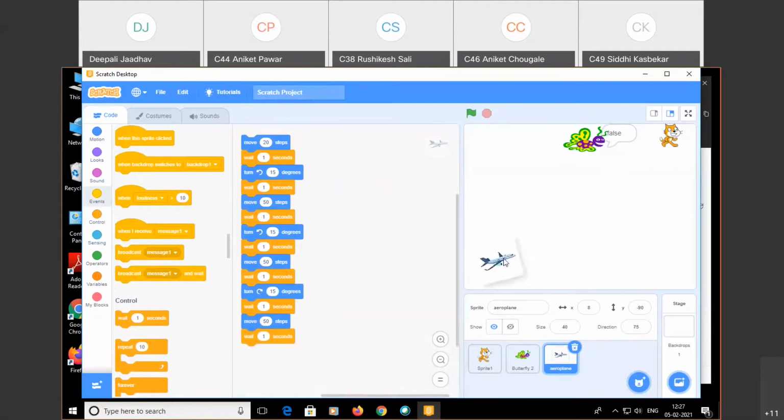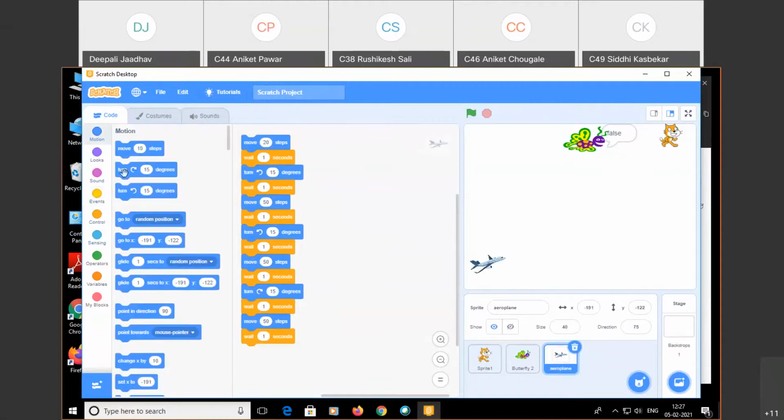Now I put it here as it is. Now start again. Suppose I execute it: 10 steps, 20, 15 steps. Okay.